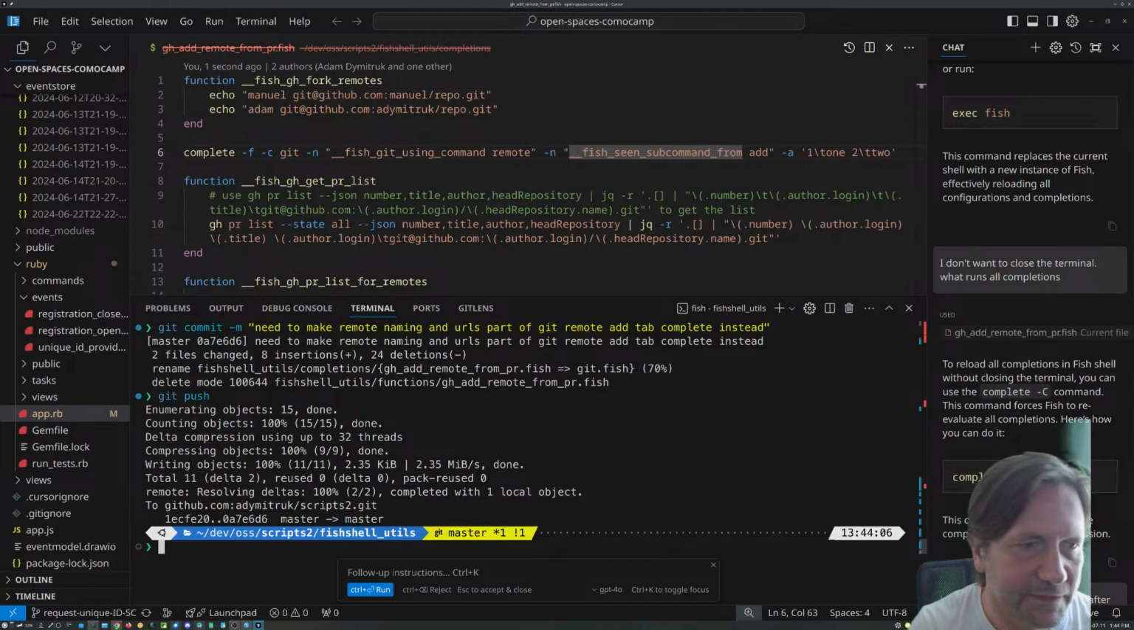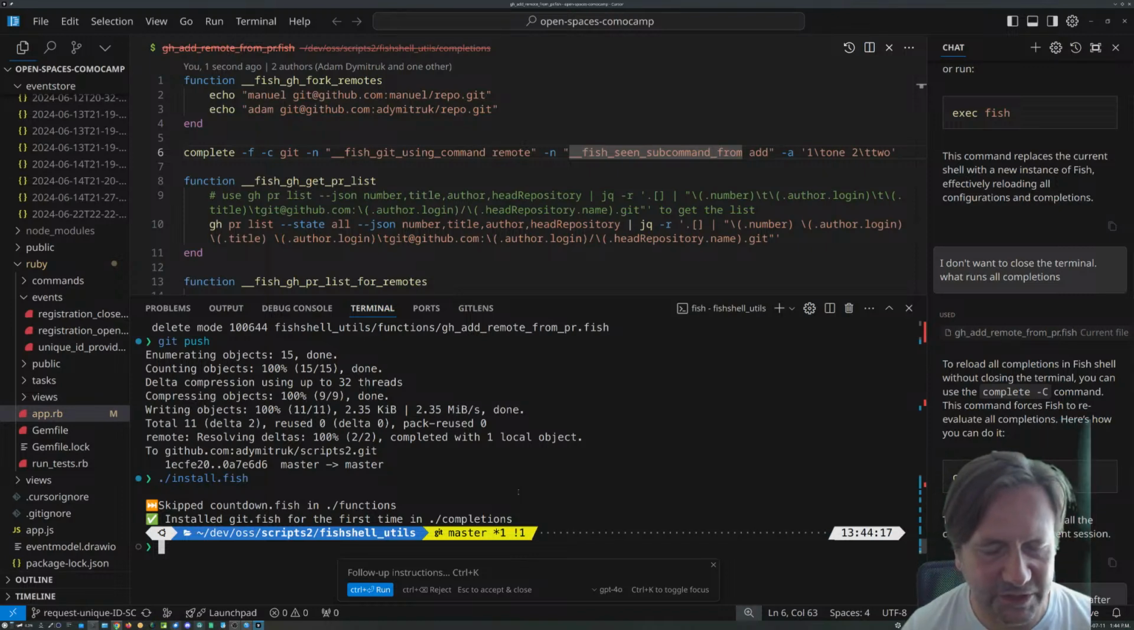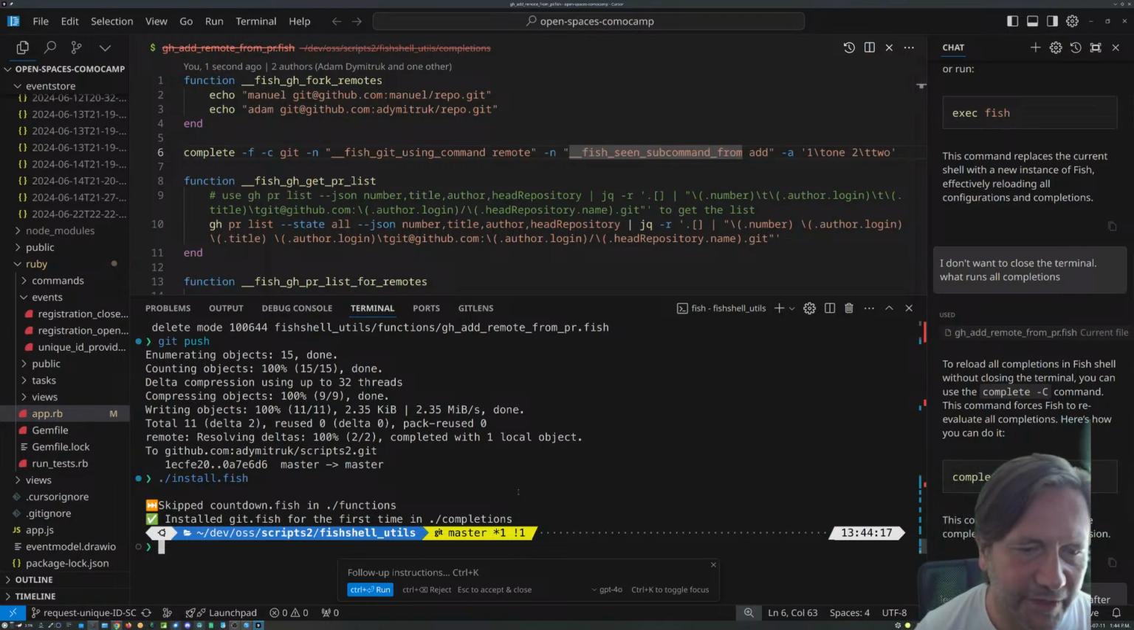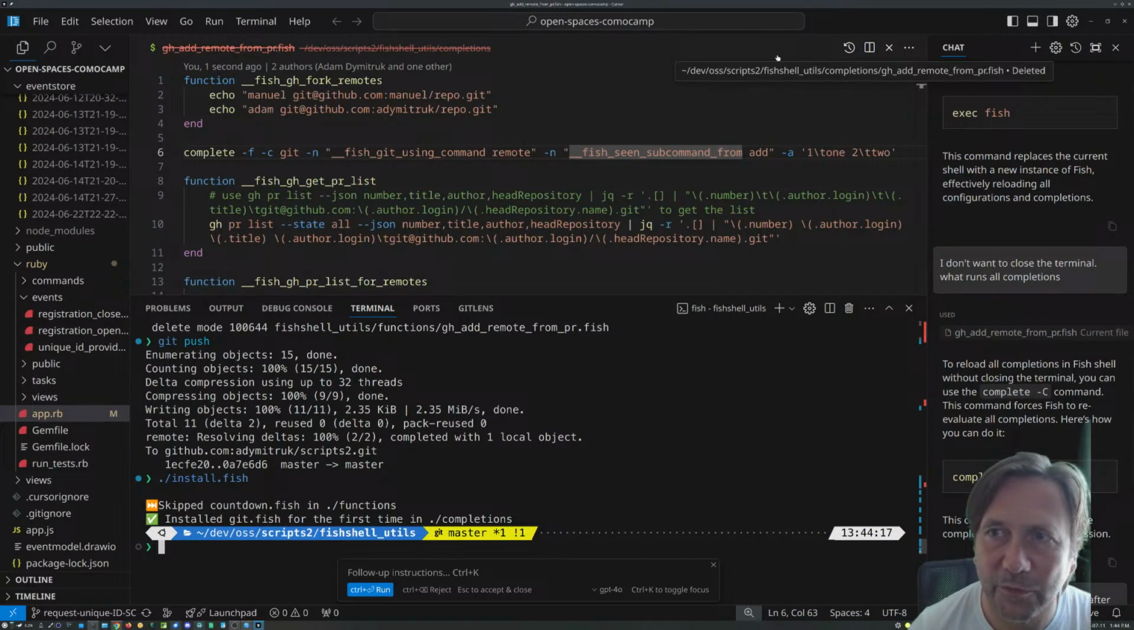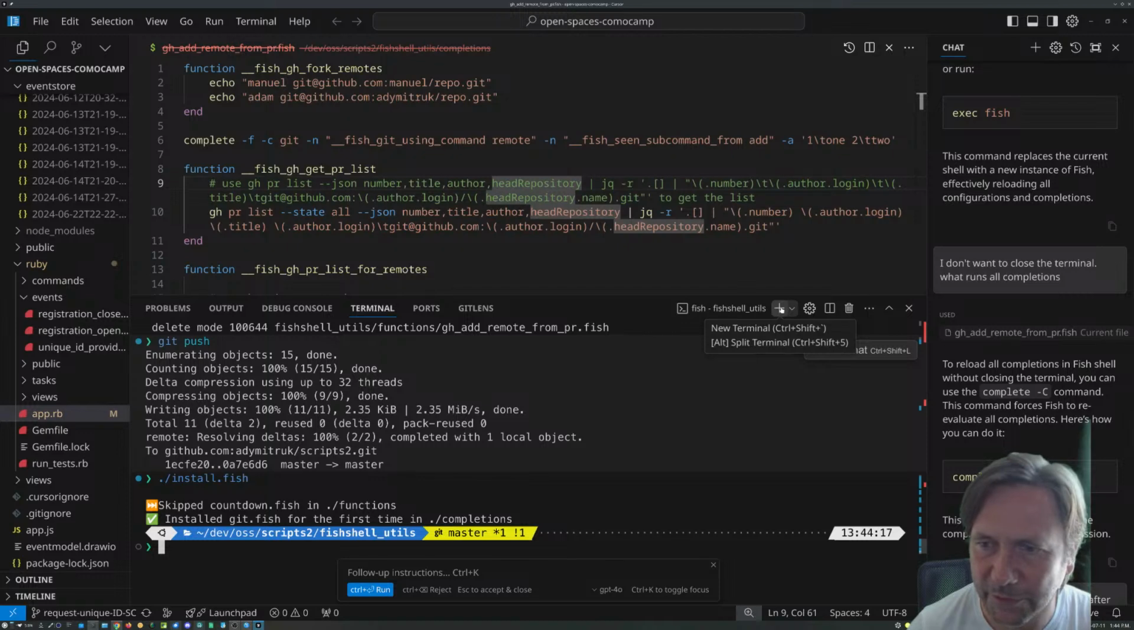And let's see if we can run our installer. Okay, so now it's skipped the countdown fish because we already have it, and installed this git.fish because that's the first time we had that. This won't run until I run a new terminal. So if I do a new terminal,